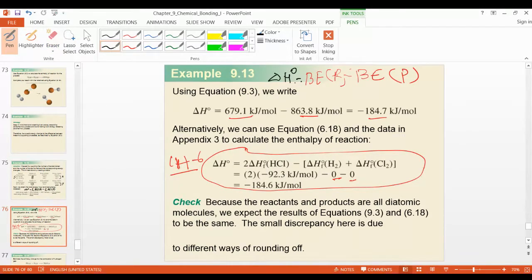All right, this is always what you have to use. But if the question is like this, you remember this is opposite. This is a standard enthalpy of formation. Here, it is the standard enthalpy of formation of the product minus standard enthalpy of formation of the reactant, opposite. Remember that. Just like you wrote down in your notebook in chapter 6, there is a different calculation. This is the enthalpy of formation. But here it is bond enthalpy or bond energy. Okay, reactant minus product.